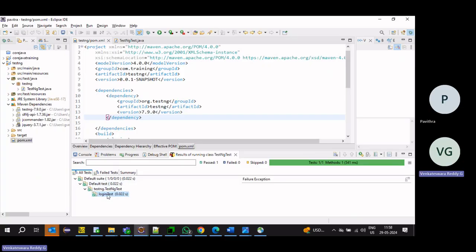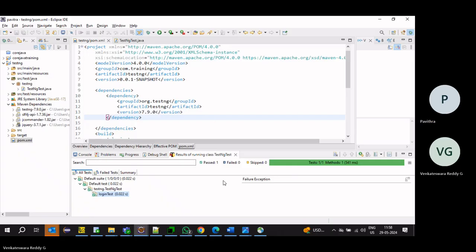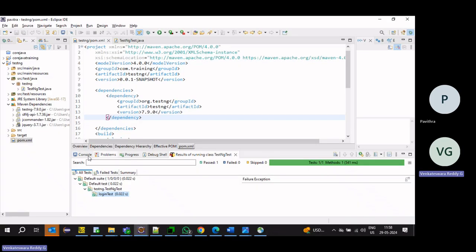And then if it fails, it will show as red. Here also on the right, how many test cases passed, how many failed, skip. We can see in the console or TestNG console also. Both consoles. And then after running,